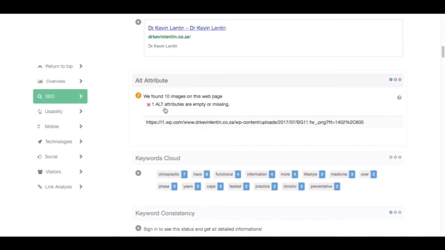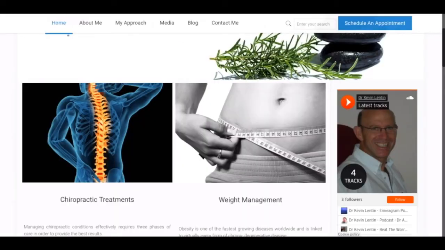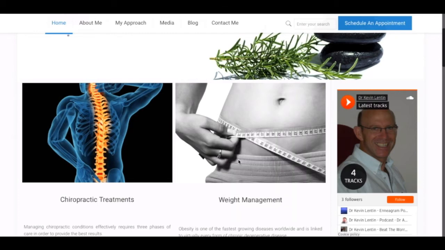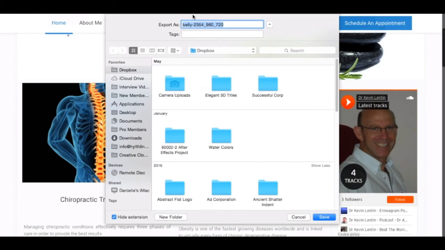It's a really easy way to find out where those images are. You just right click on an image and you do save image as, and you're going to see exactly what the search engine is seeing. They're going to be seeing belly, number. So what they really should be seeing is belly, Dr. Kevin,